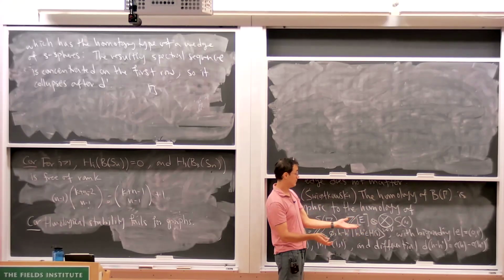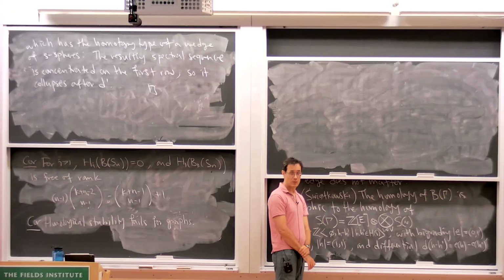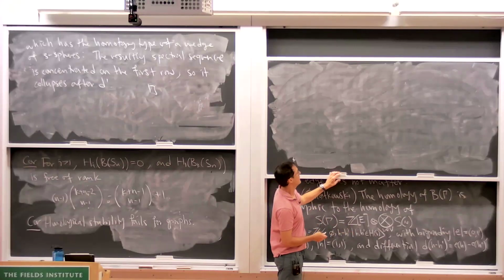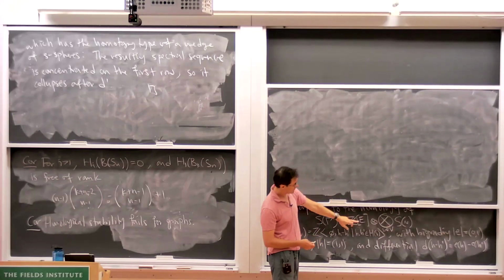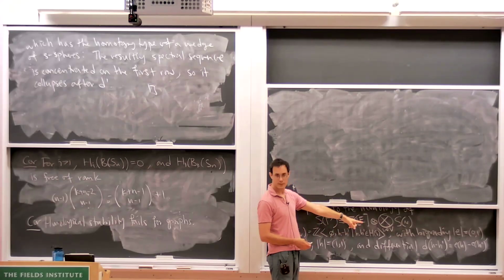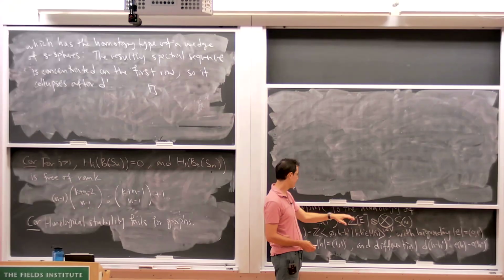And you need those maps to commute with each other, at least at the level of homology. If you have that, then you will get an action of the polynomial ring generated by those maps. By maps, I mean endomorphisms of some object. That's important, of course. So what I need to do to produce an action of this ring is hand you a map, an endomorphism, one for each edge. Okay, so